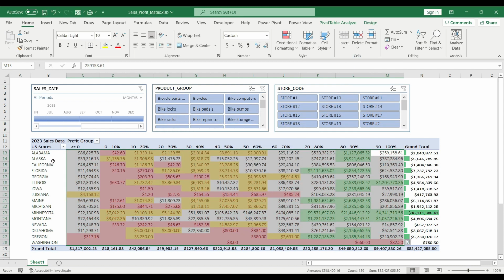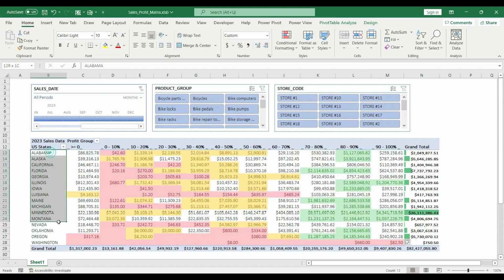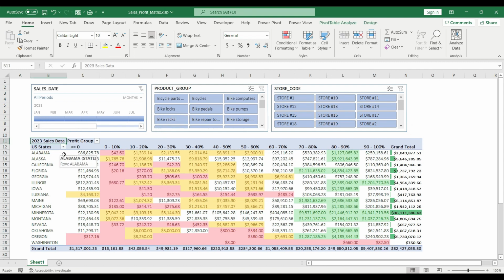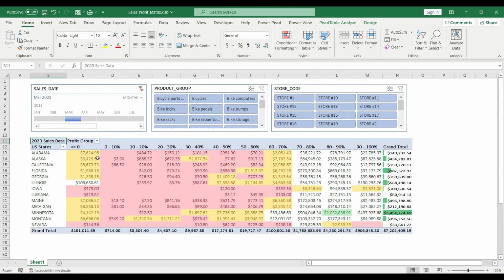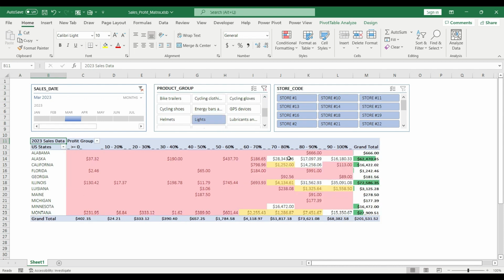For sure you can customize it as you wish, but this time we are going to build just a simple dashboard. Once that's done, I can start a deep dive into my data using the different slicers. Since my data set covers the whole year, I can select a month I want to understand better, and if I want to see an actual product group to make sure that the business goes well, then I can use the different slicers and see the different values of my stores.